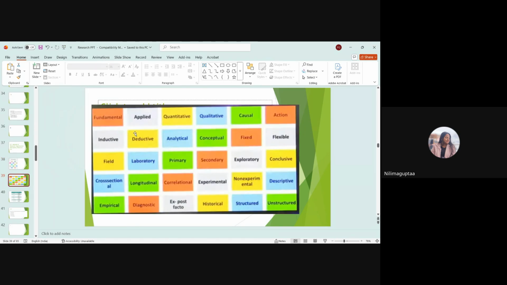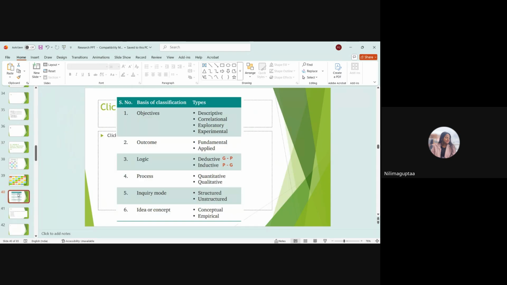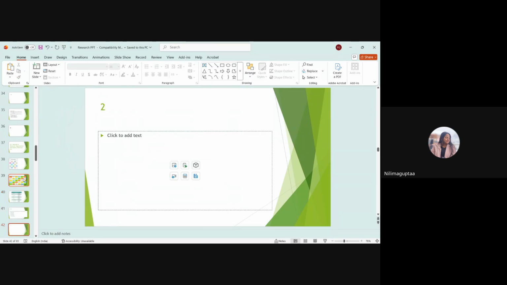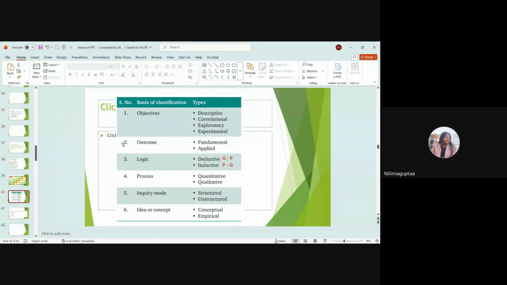To name a few, this is in detail the different types of research that we have in exam. In your examination, a lot of questions are asked from the types of research. Now, these types of research are divided on the basis of classification into certain categories. We will look at it from an overview, and then we will go in detail with regards to the types of research. So when I talk about the basis of objectives, what objectives I have to achieve,